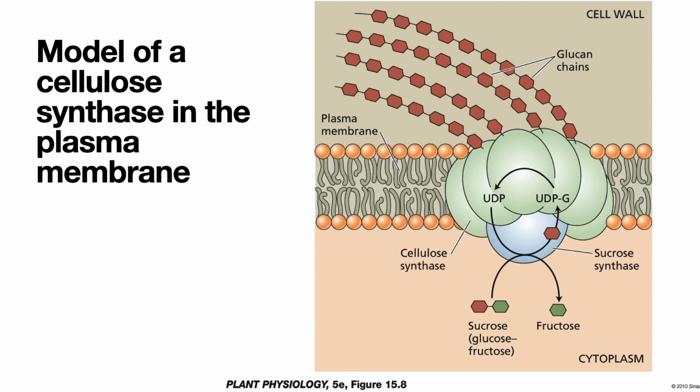The UDP glucose is utilized by the cellulose synthase and attaches a glucose to the end of the cellulose chain as we previously described. However, there's no give in the cell wall because of the hydrogen bonding and interlocking of the other cell wall components. So in order to make room for an attachment to the end of glucose, the cellulose subunit is pushed through the fluid plasma membrane by the force of the extension. And as I said earlier, the direction of this movement is guided by the cytoskeleton on the inside of the